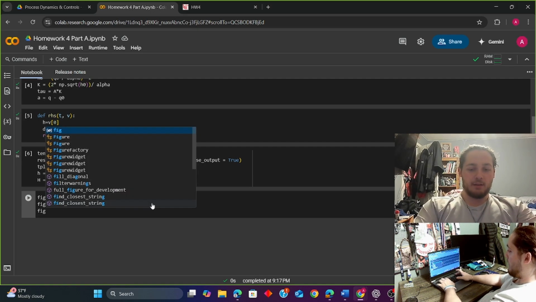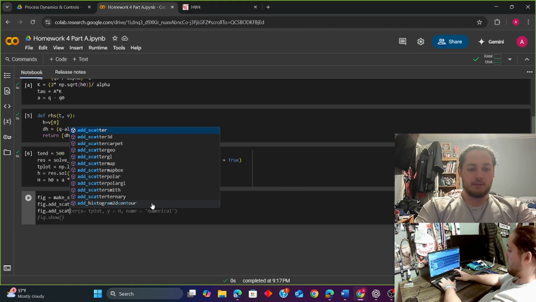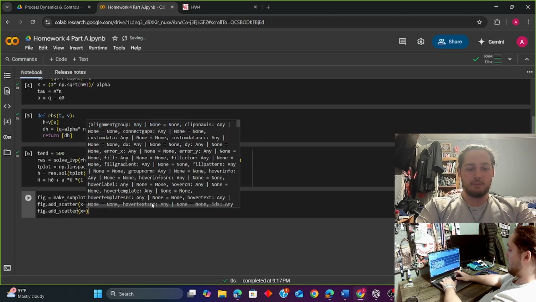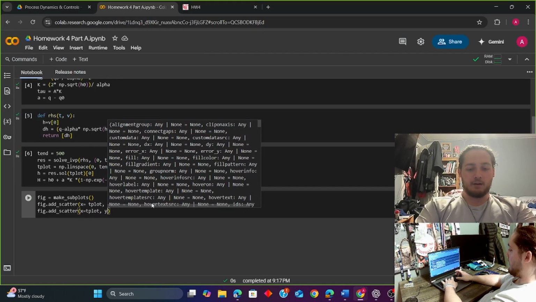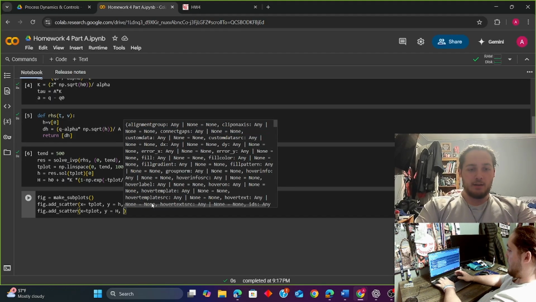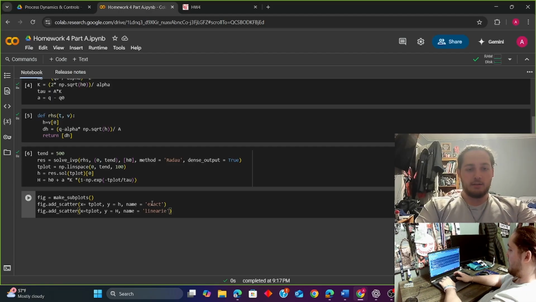And then similarly for our linearized, we can go fig dot add underscore scatter, and here our x will remain t-plot, however our y in this part will change to big H, and then the name is going to be equal to linearized,